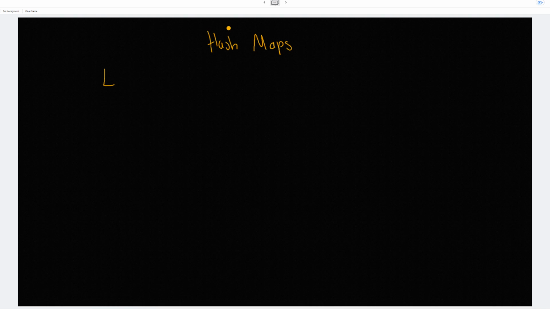Okay, so we have our array again, which is 2, 11, 15, and 7. The target is 9. So I'm going to have a for loop. I'm going to use this area here for the for loop. And I'm going to have a hash. So in my for loop of nums,